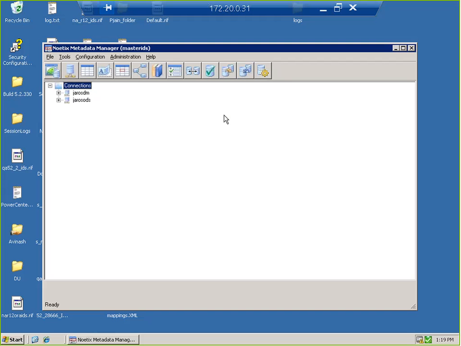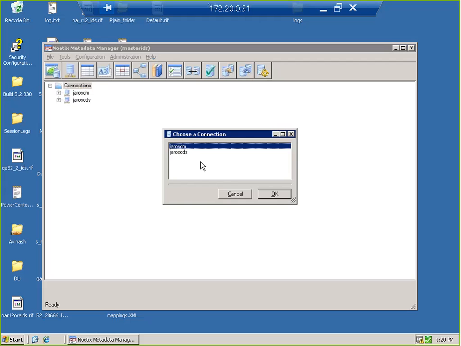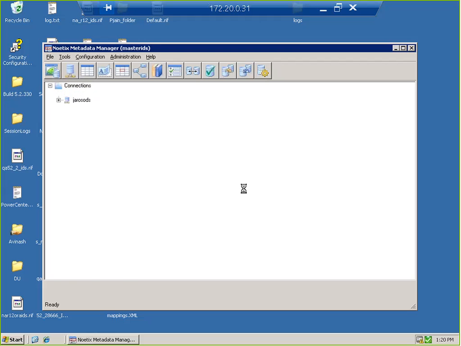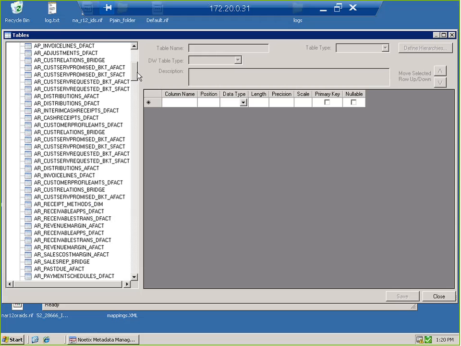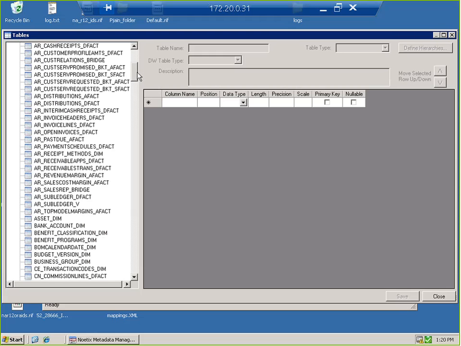So it's difficult to show you the repository itself because it's just a schema that sits in a database. So rather than show you a data model, I'll show you the developer tool and show you the types of metadata that can be created inside the repository. So the first thing I'll show you is the physical metadata, and that consists mainly of the tables that reside in the data warehouse for this example, and I've gone into the data mart schema. And what you see on the left-hand side are all of the prebuilt metadata